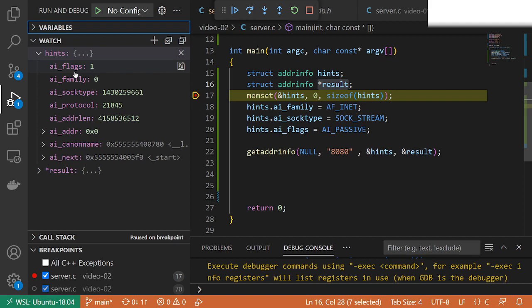So we can see that hints has a 1 for the flag, family is zeroed out, socket type has something crazy, protocol has something crazy, address length has something crazy. This has stuff in it. And